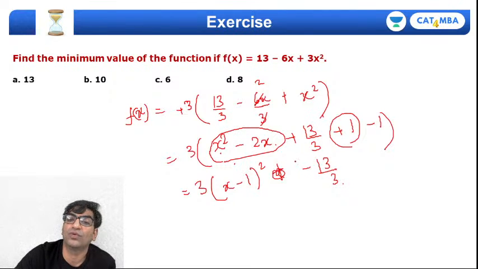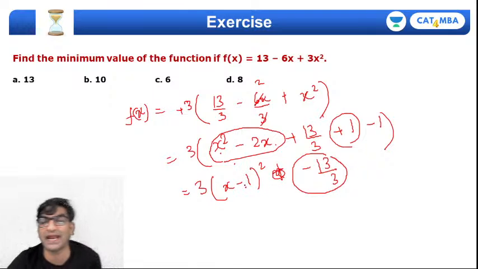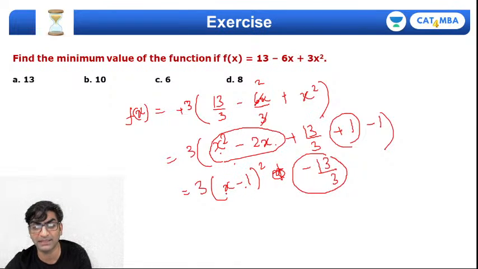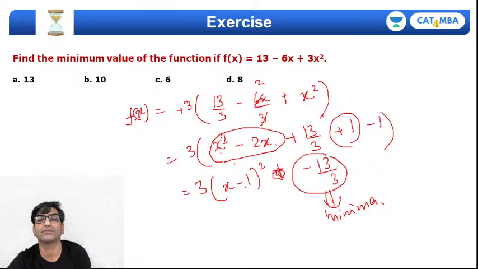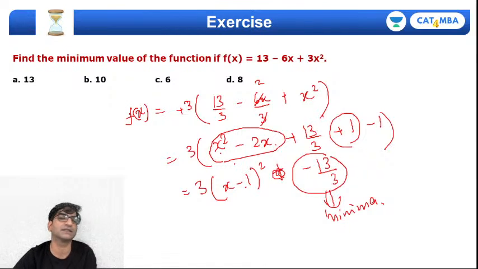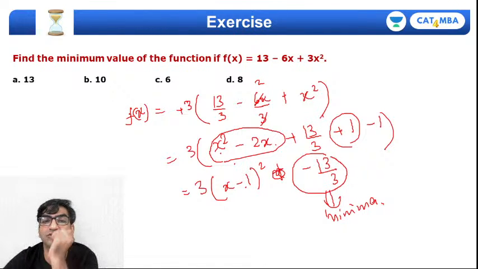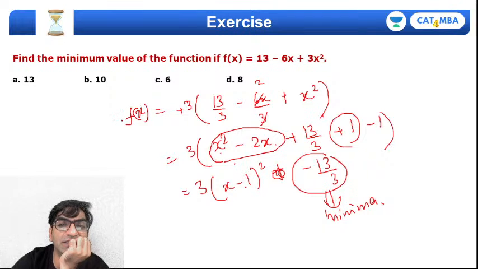Now as you can see इस पर्टिकुलर वैल्यू में हम हमेशा एक स्क्वायर ऐड कर रहे हैं, तो मतलब इससे बड़ा ही बनेगा आंसर, which means this should be its minimum। Right? This should be its point of minima, right? So minimum value of the function